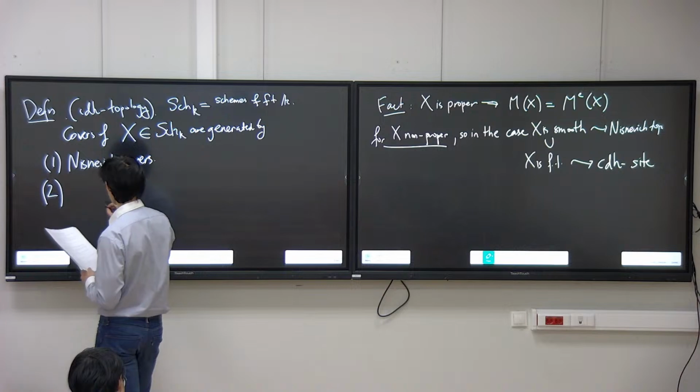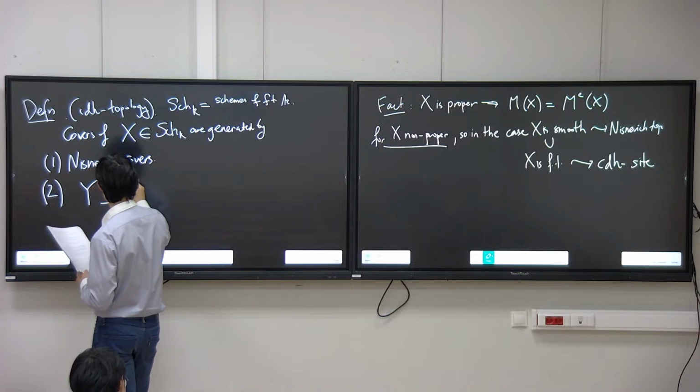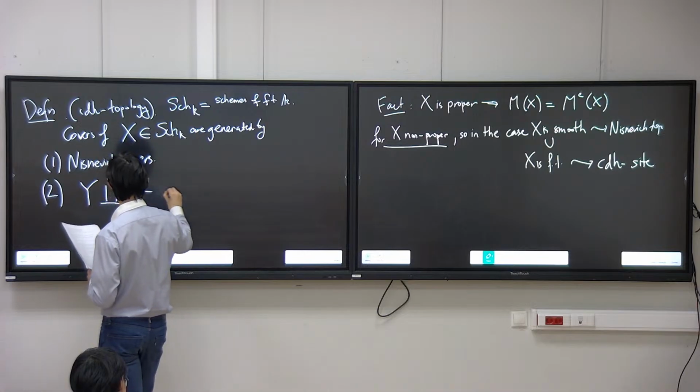So the coverings are of the form Y disjoint union Z to X,